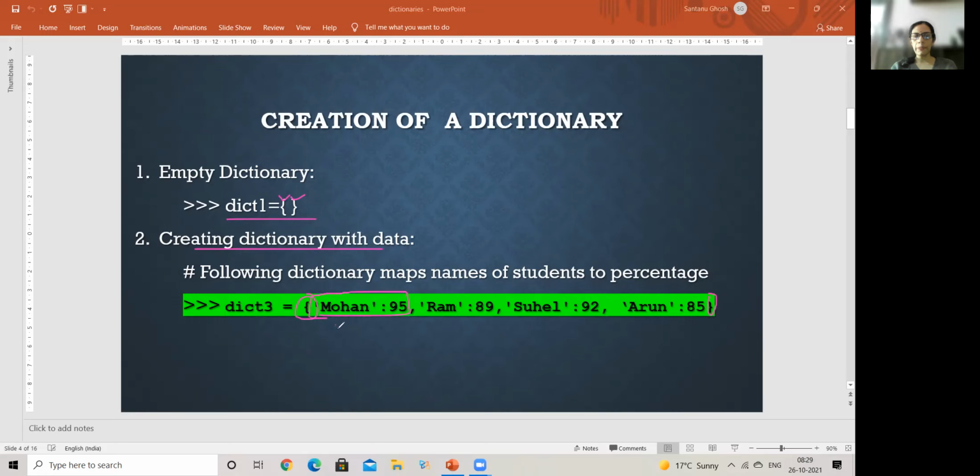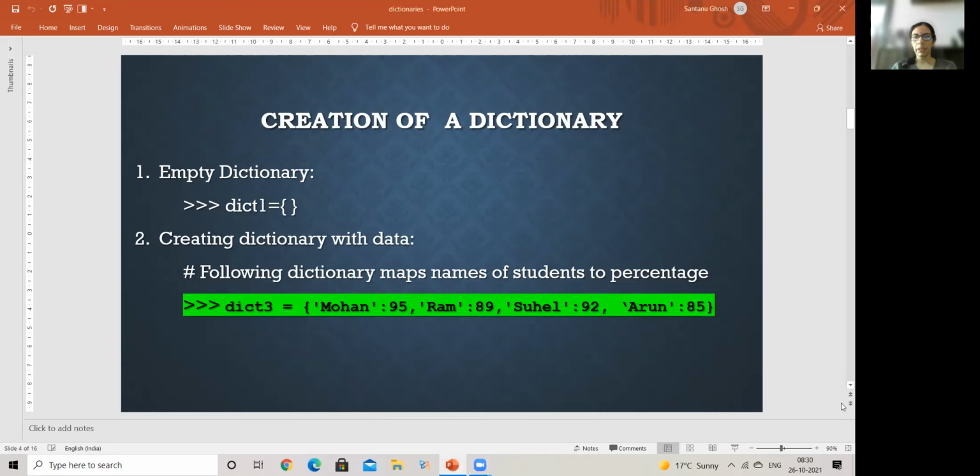One is the key, then this colon, very important, which differentiates the key from the actual value. And then the actual value or the data you want to store. So it's a combination of key and a value.